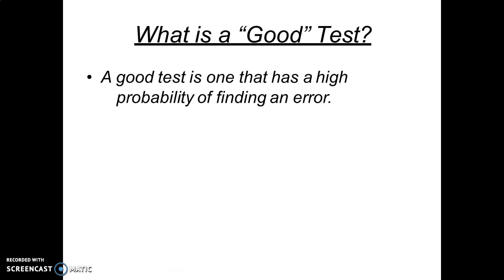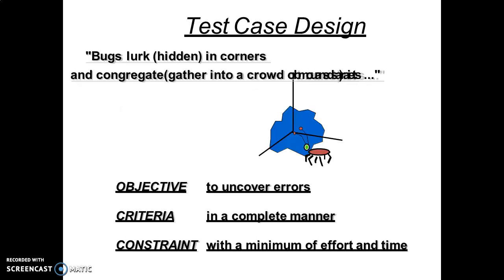Now the question is, what is a good test? We might think that a good test means there should be no error, that it is written perfectly, but this is wrong. A good test is one that has a high probability of finding an error, because our intention in testing is to find the maximum number of errors before deployment. And when we say maximum, it doesn't mean that the same type of error is found many times. Our aim is to identify distinct errors in the system.